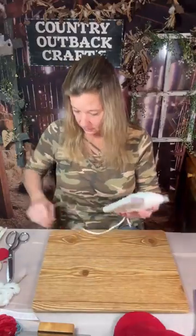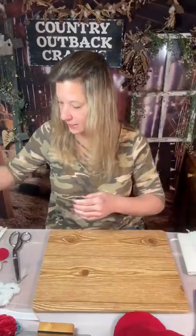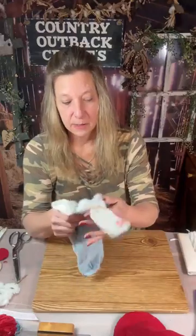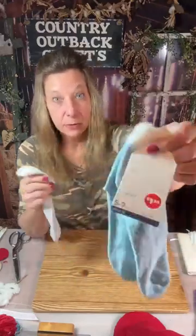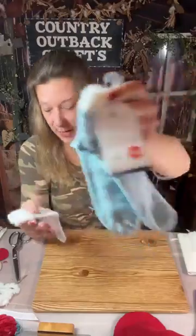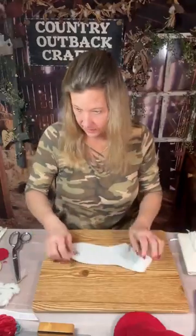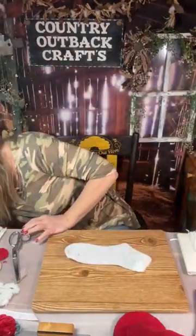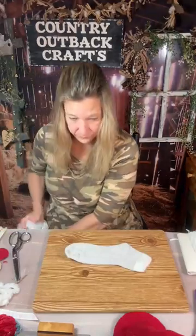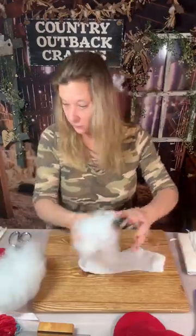Okay, so we got that done. Now we're going to take, Dollar Tree has these socks, or you could just use your own sock. But they have these Chanel socks. I'm going to take one of these socks and we are just going to fill it with fiber fill. That's what we're going to do. Oh, first,